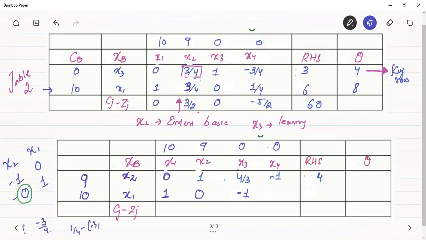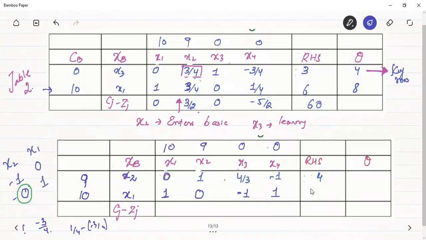minus -3/4, that will be 1/4 plus 3/4, that will be equal to what, 1, ठीक है। हम कर रहे हैं ना subtracting these elements from these elements, that is, ठीक है, 1/4 को माइनस करना है -3/4 के साथ, okay, we will get 1। now tell me what will be the element here, यहाँ पे एलिमेंट क्या आ जाएगा अब